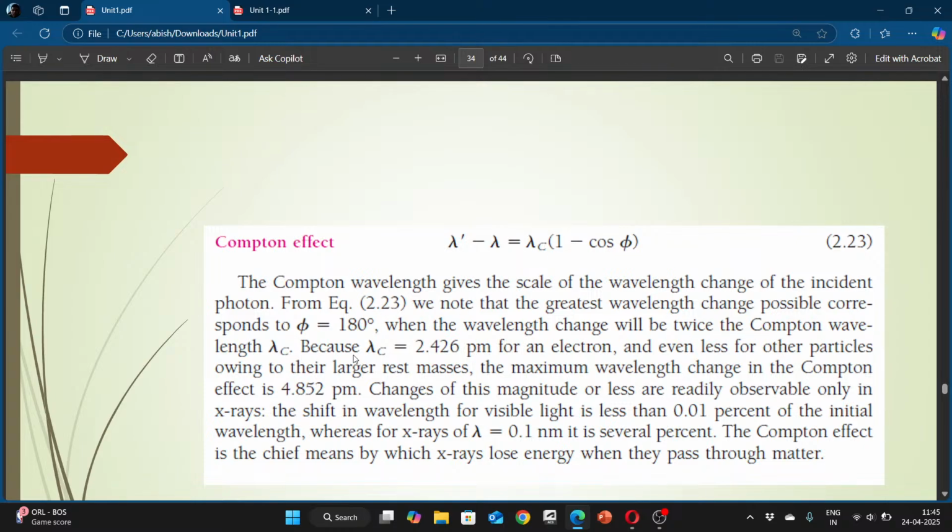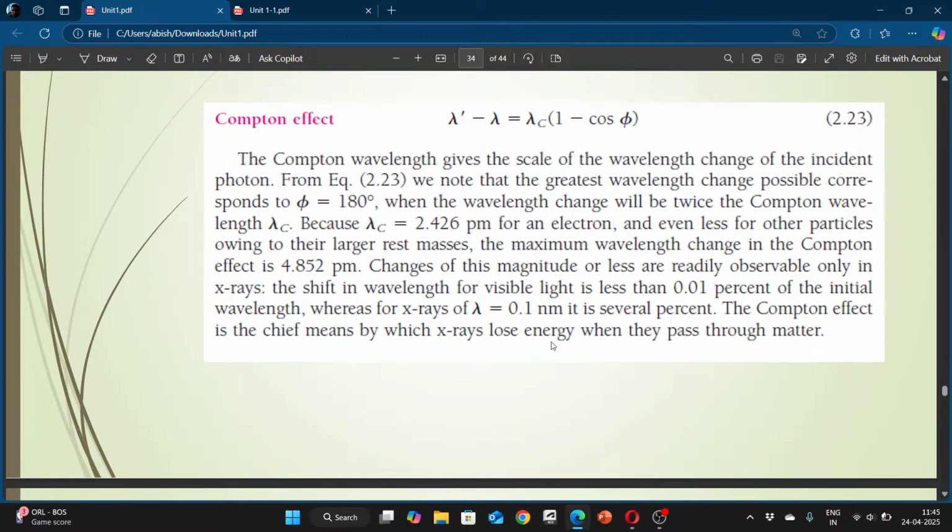टू λ चाहिए उधर। And the wavelength changes twice the Compton wavelength, which is 2.4 picometer, unless for other particles owing to their resonance mass. The wavelength change in the Compton effect is more readily observed in X-rays. The shifted wavelength for visible light is less than 0.01% of the initial wavelength, whereas for X-rays of 0.1 nanometer, it is several percent. X-rays lose energy when they pass through matter. Simple होगा।